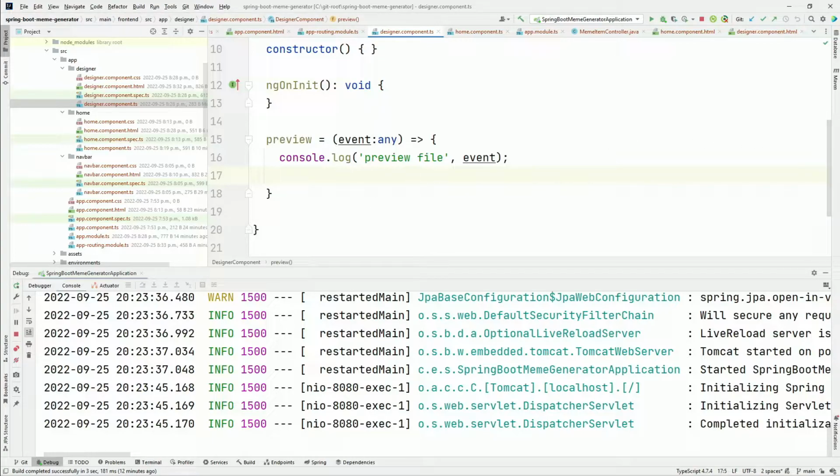We have to create a canvas component and then form a link between the canvas component and the inner workings of the designer component. We have to create a link between the designer template and the component TS file. So I'll show you that right here. So in the component.html,